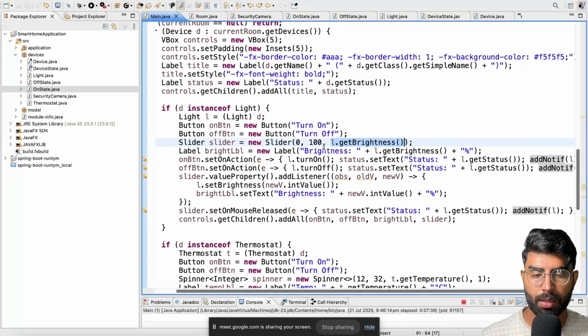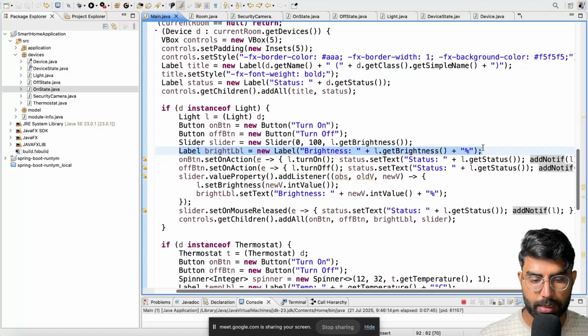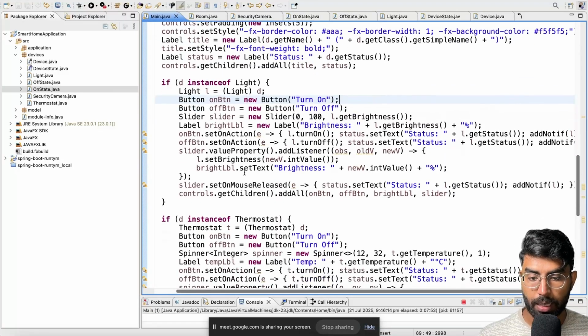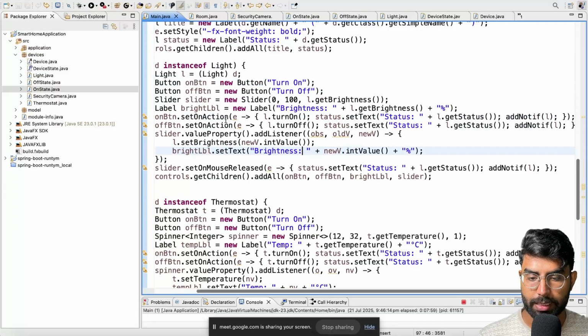Great. After the slider, we are having the label for the brightness, same. If you see in the UI we are having this label, 50%, correct? After that, this is the main thing, the on button. Let's say this is the on button. If we click it,